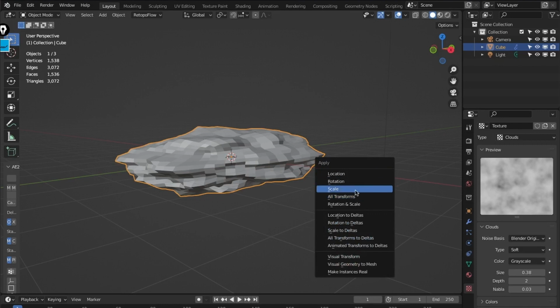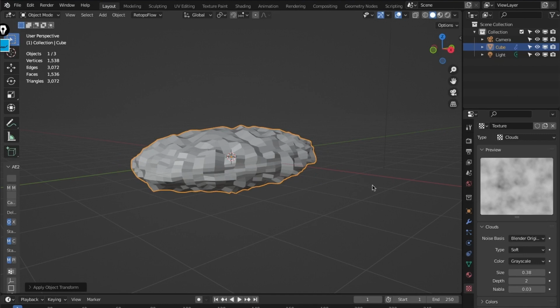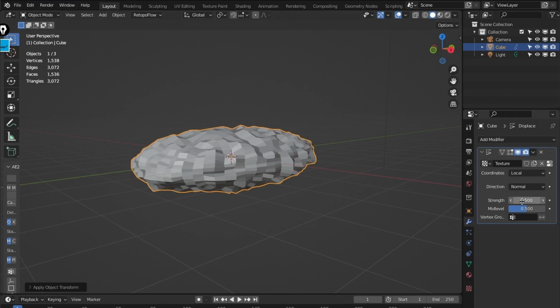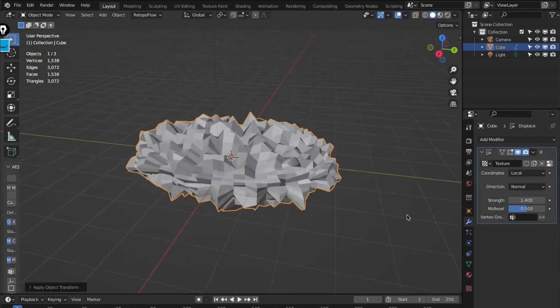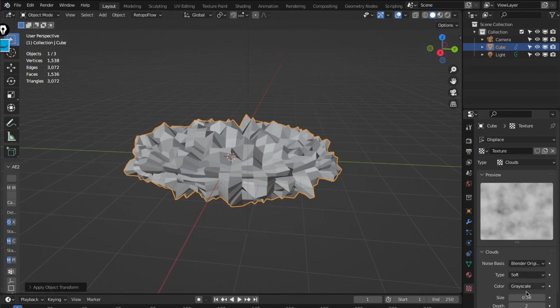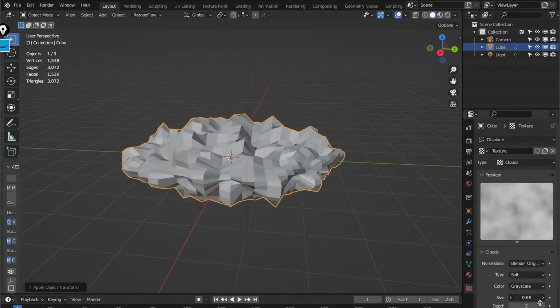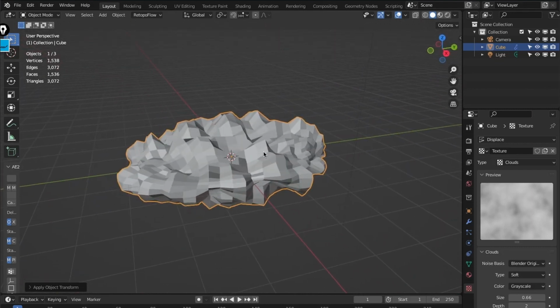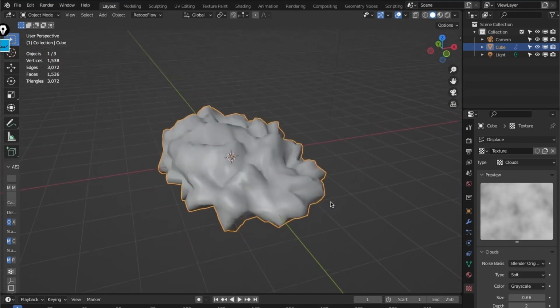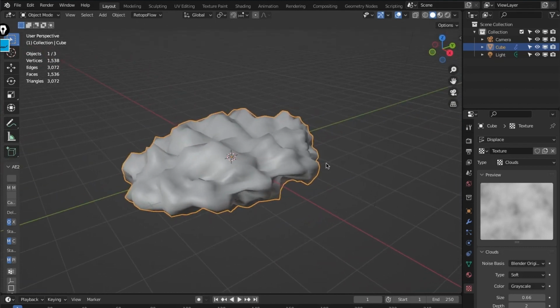One important thing while using modifiers and everything, always apply your scale. Yes, you can see how that made a very huge difference. Always apply your scale. Always. Never forget that. That's something you should never ever forget. Always apply your scale. So with the displacement and then the texture, let's shade this smooth. You can see how it's looking. It's already a cloud because